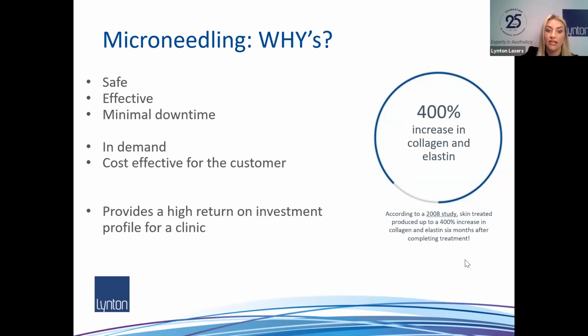And yeah, great amounts of collagen remodeling. There's a study here where there's a 400% increase in collagen and elastin. I've seen some studies where the amount of dermal thickening that you can get is amazing. And interestingly, I read a study by a group of German doctors recently who found that a 1 millimeter needle gave the same results as a 3 millimeter needle. So this is a published paper with less downtime, less pain, and less side effects. I think that's quite interesting,